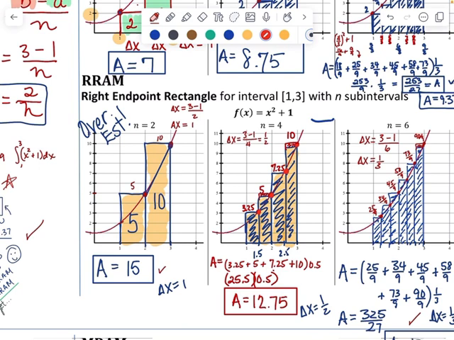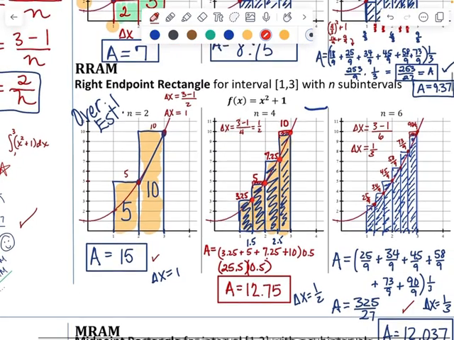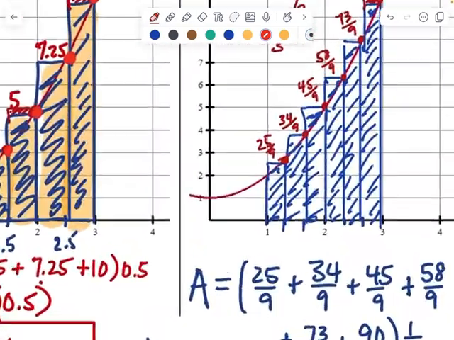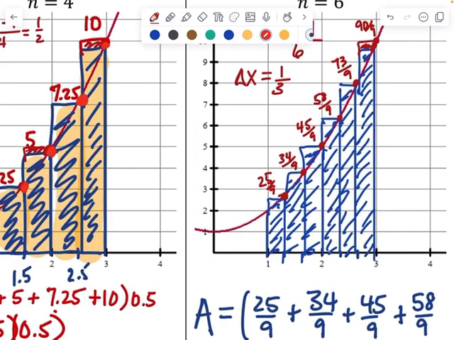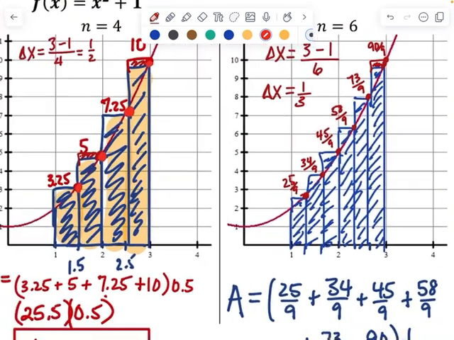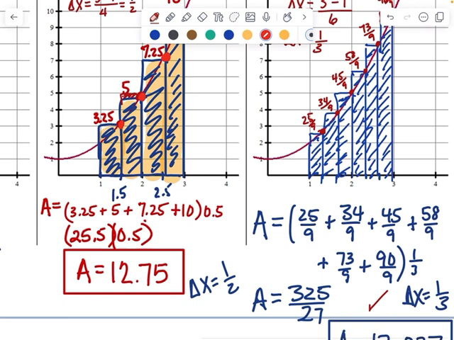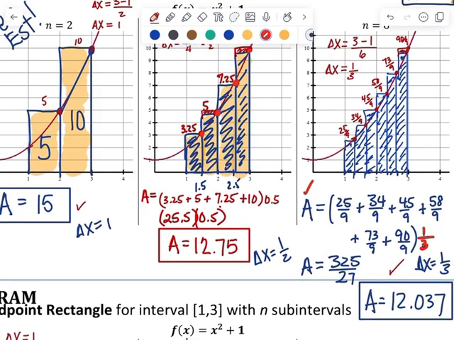And we add up the y values, multiply by 0.5. Again, you could multiply each one of those heights by 0.5 if you wanted to, but it's just a little quicker when you know that delta x is the same for each one of your rectangles. And then I have the last one. Remember, you have to be a little careful when you have fractions. So again, we're using the right-hand side. Again, an overestimate. You would add up the heights of the rectangles as you see here, and then you multiply by the 1/3 in the end, and then you get 325 over 27, and the area turns out to be